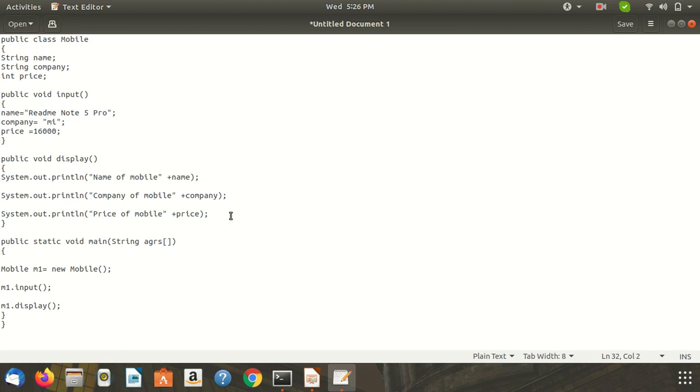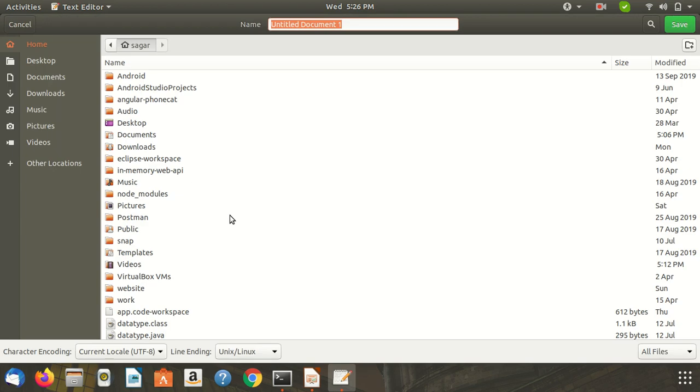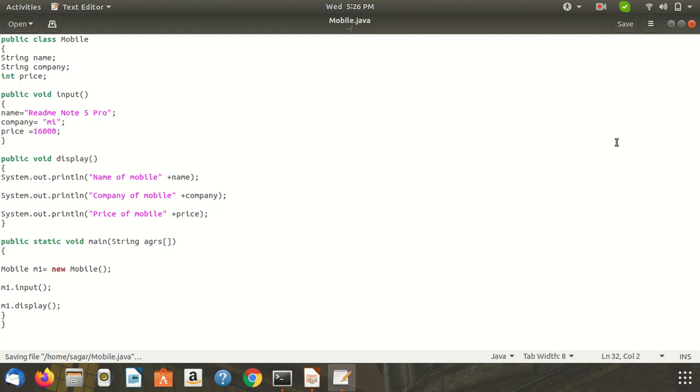Save this program using the name Mobile.java. Now compile the program using the terminal.